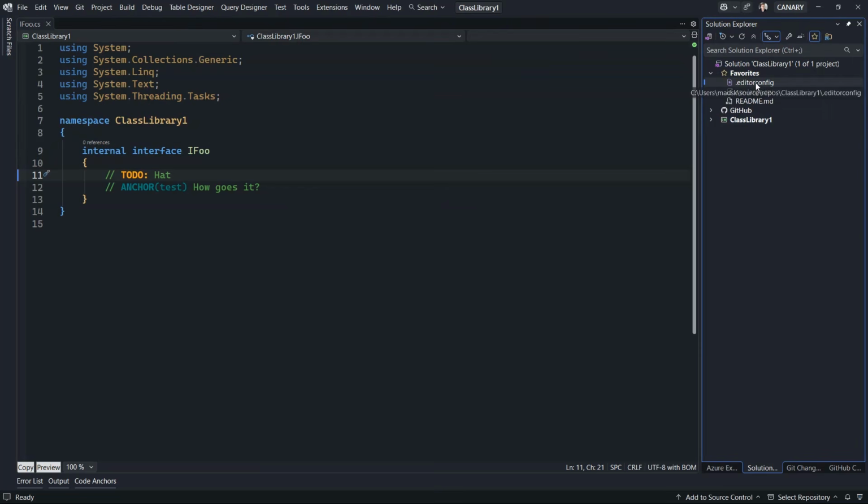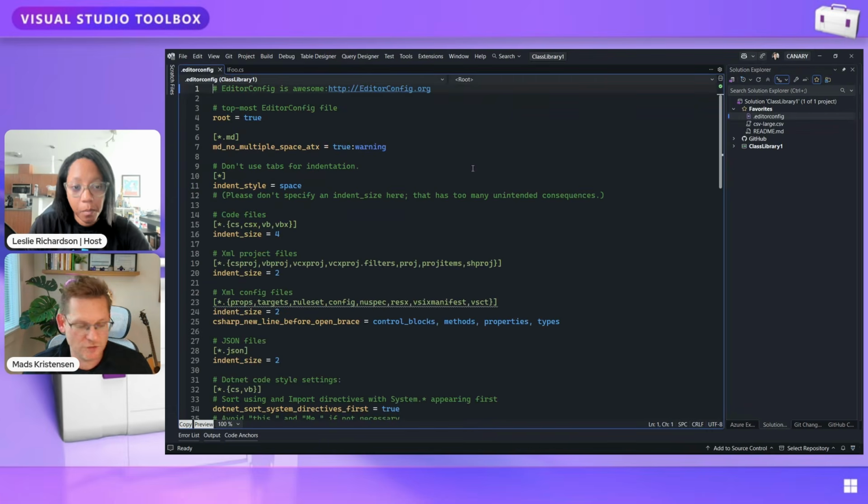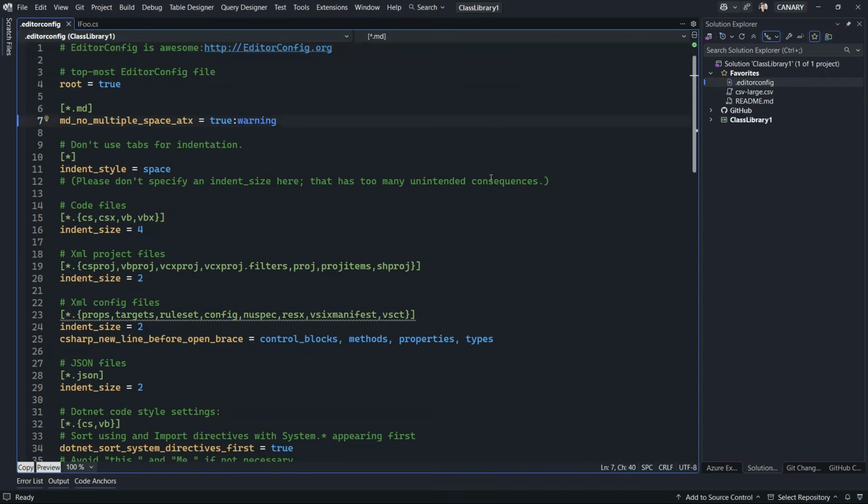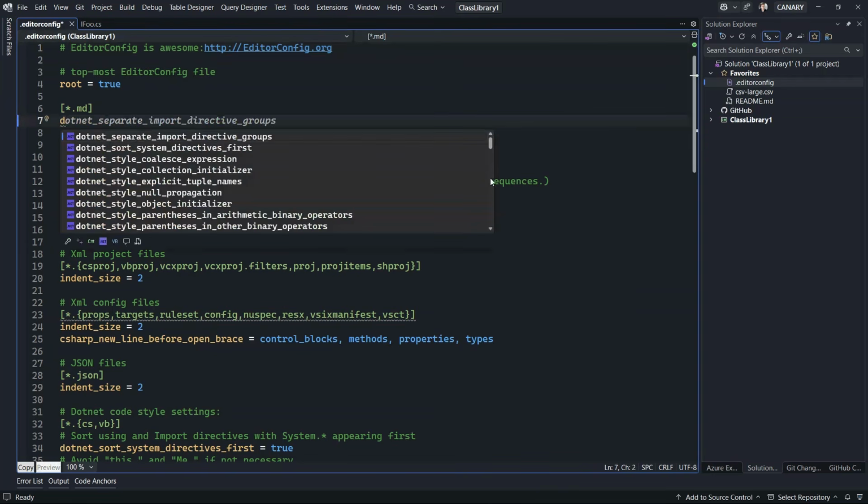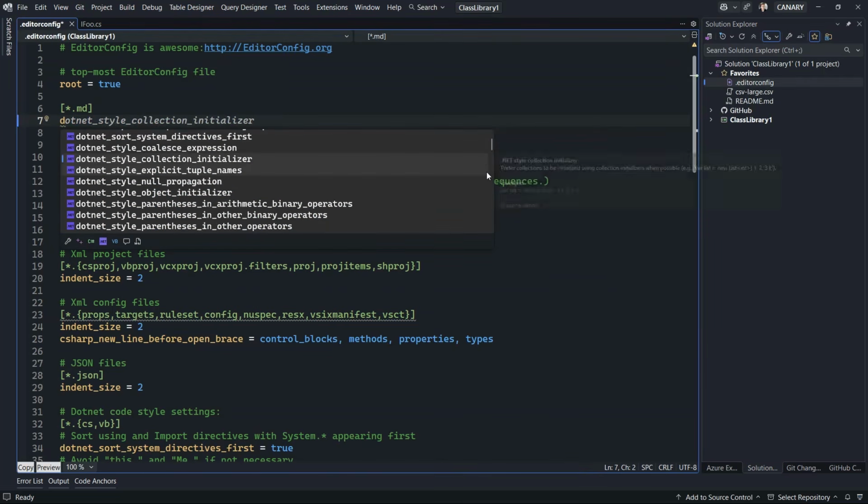So this EditorConfig usually lives in the solution root, or in the repo root actually, and it might look something like this. Lately, we have a UI for dealing with EditorConfig files, but it's been deprecated. It's still there, but I think it's going to be removed soon. Years ago, I wrote this EditorConfig language service extension that gives you colorization, as you can see here. It gives you IntelliSense. See, all the .NET stuff is here. Much needed, at least if you're not going through the main UI.